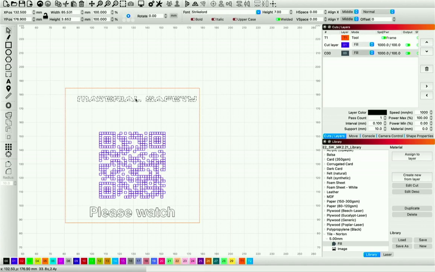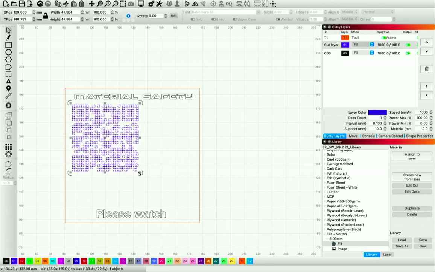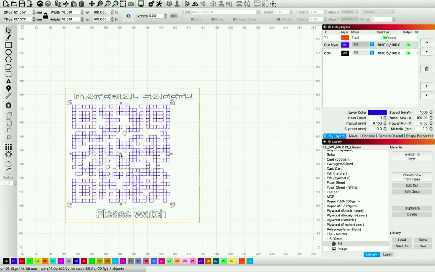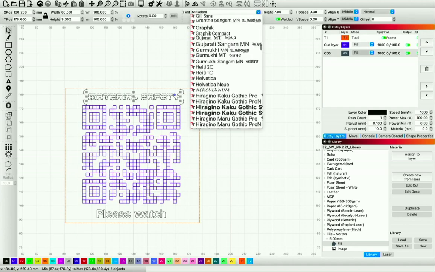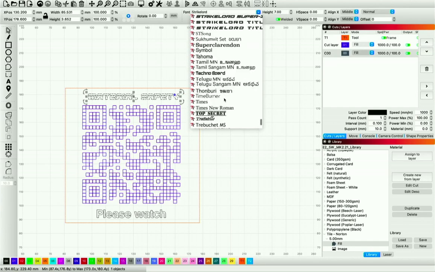Alright. So we've got material safety. Might have to shrink him down just a little bit. Please watch. And what I'm going to do now is just try to resize that QR code as big as I can get. I think Strike Lord's a little too heavy. Let's see what else we got here. Time burn is good, but actually I think